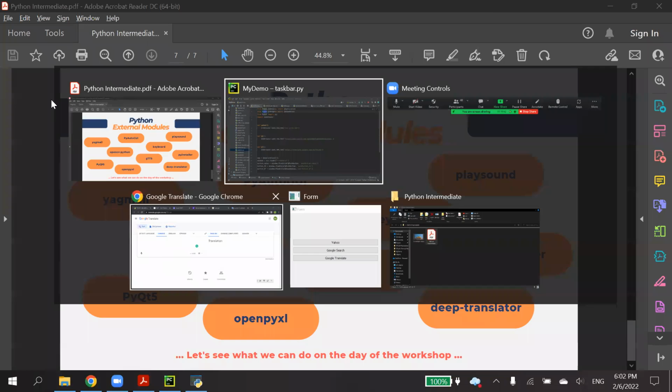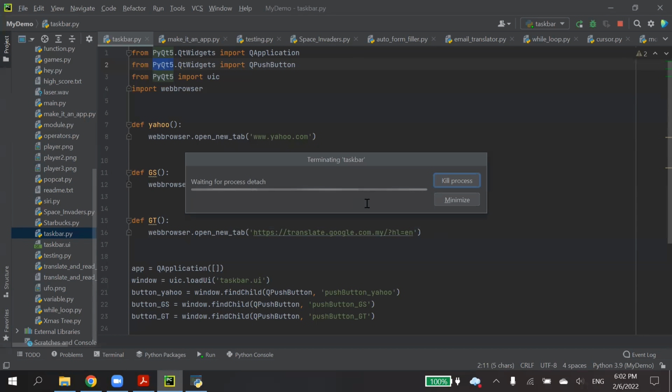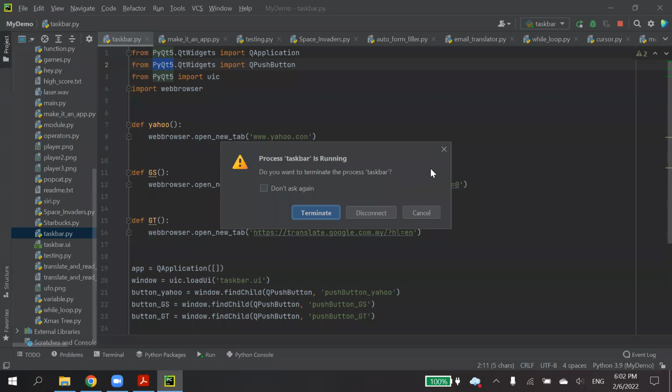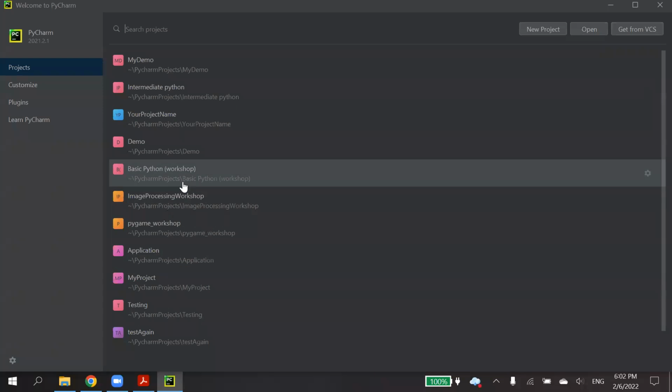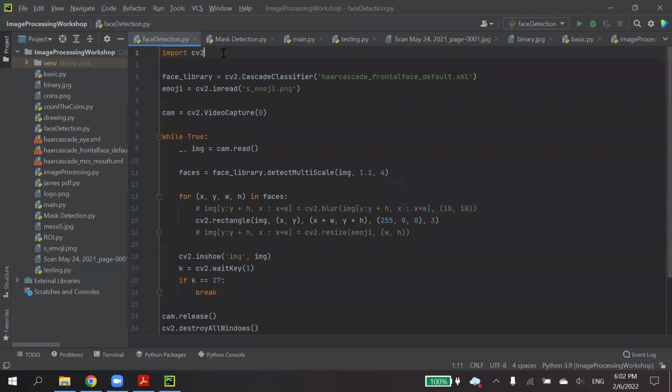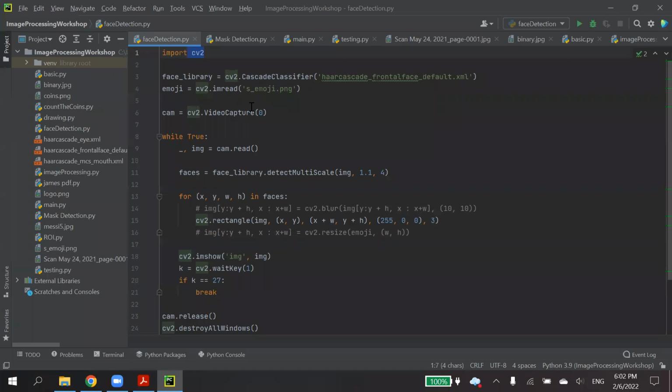I think I'll show you one more external package. One more that I used for computer vision: OpenCV-Python. This OpenCV-Python can help you do image processing or computer vision.